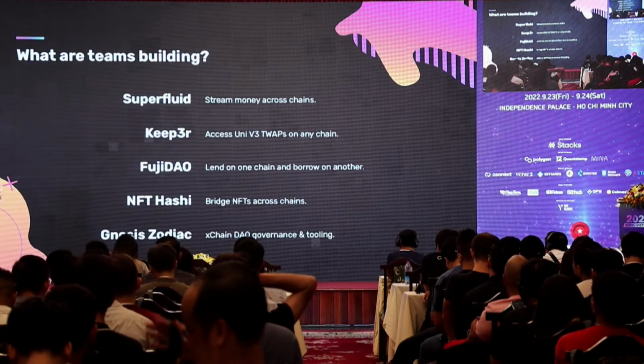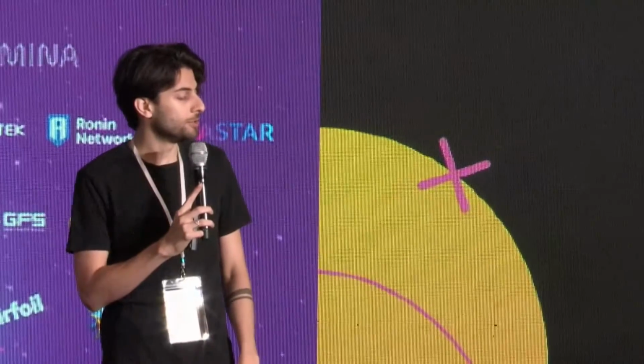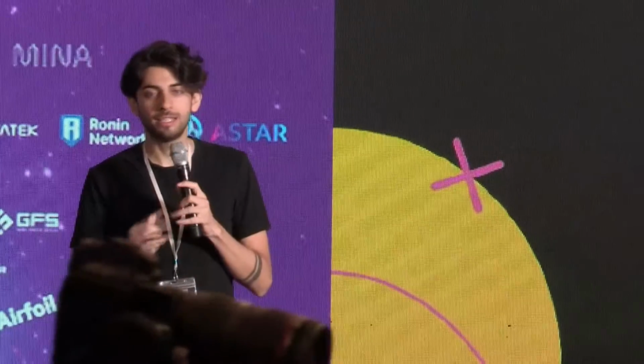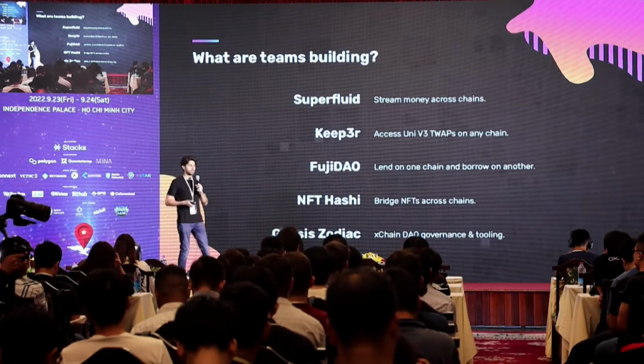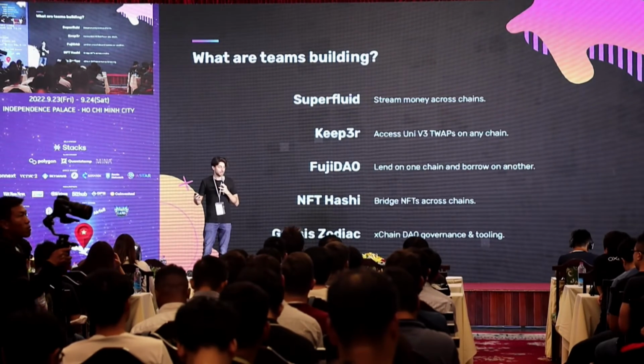And lastly, Gnosis Zodiac. Within the Gnosis ecosystem, there's a project called Zodiac, which is basically building DAO tooling. One of the key things that they want to enable is cross-chain governance. So being able to have a proposal that exists on one chain be executed from any other chain. A good example of this is, for instance, Uniswap needs to update their fee tiers on Polygon, but Uniswap's DAO exists on Optimism. How do they do that?